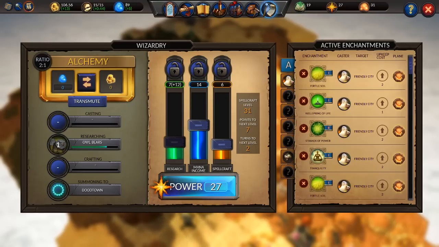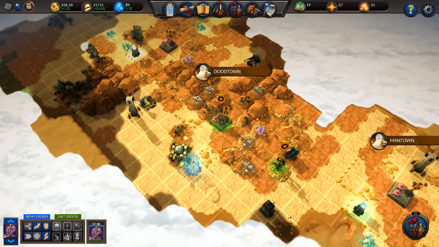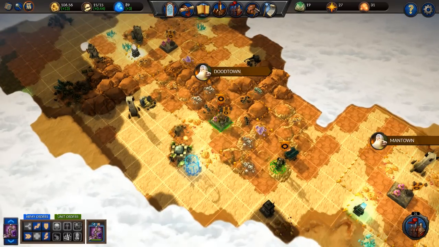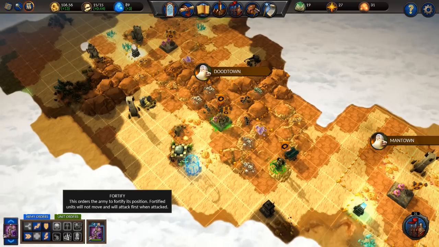Okay, so, let's undo this again. We don't need much into spellcraft. I need to boost my power. I'm researching owlbears. Okay, armies still require my attention. So, you're gonna go up to Gat. You're going to actually...